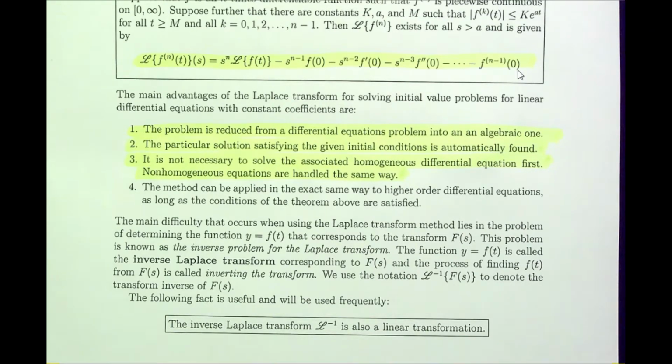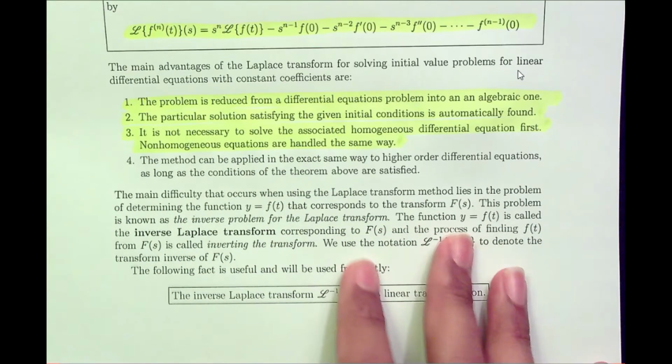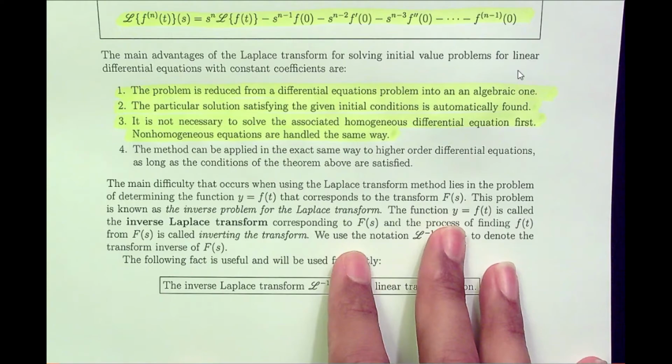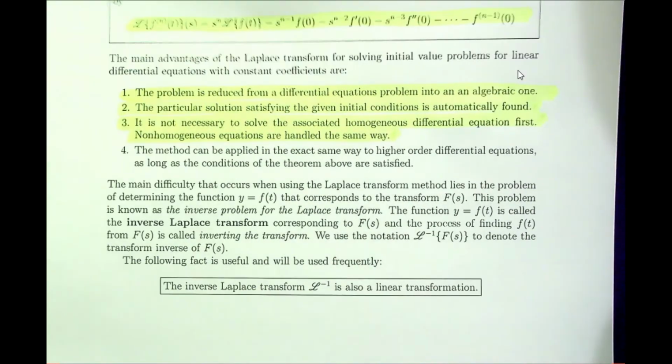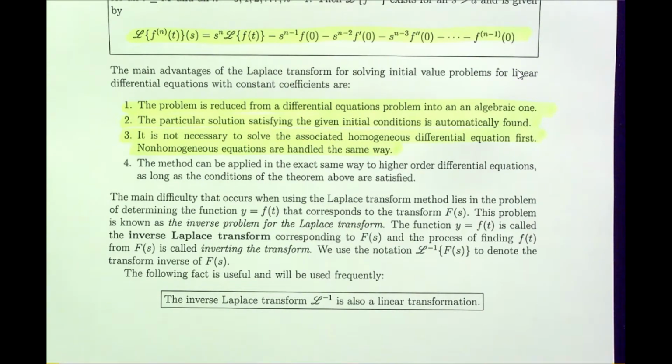The method works exactly the same without change for both types. Nothing changes. And the next pro is that the method can be applied in exactly the same way without modifications to differential equations of higher order. So it doesn't matter if it's order 1, order 2, order 3, order 4, order 10. It's done exactly the same way as long as all the Laplace transforms exist,